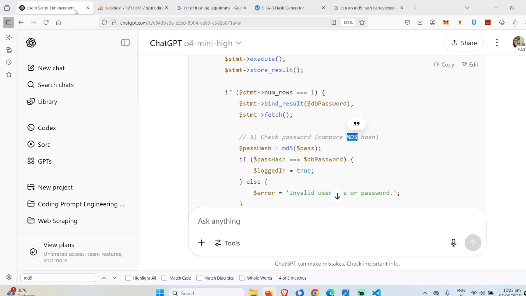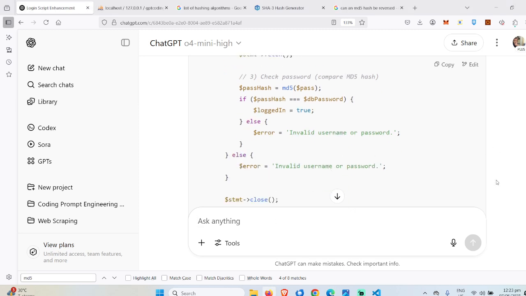So let's go back to ChatGPT again. This step, you can only do once because an MD5 hash cannot be converted to another hash anymore. For example, if we have changed the password in the database into MD5 and then we decide that it should be SHA-3, you cannot do that anymore because all of the passwords inside the database have been converted to MD5.